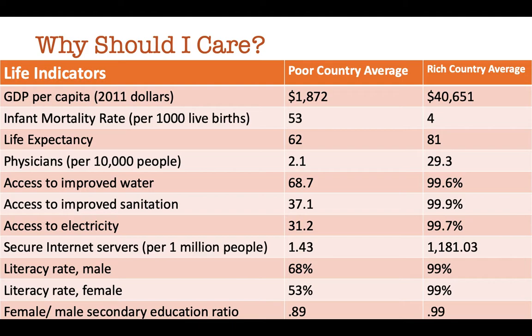And this last statistic here, the female to male secondary education ratio, that's how many women over how many men get secondary education. You can see it's almost a 1-to-1 ratio in the rich countries, whereas in the poor countries, it's a smaller number, which means fewer women get that higher level of education than men. So